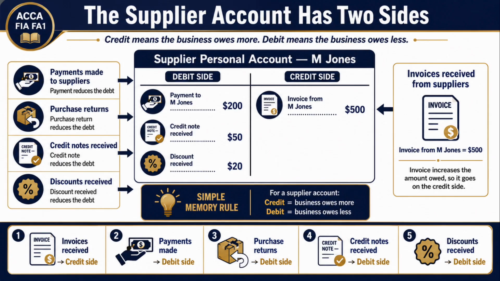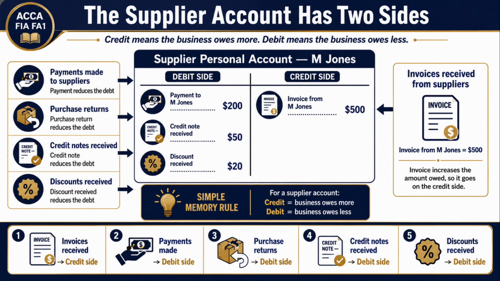Third, discounts received. Sometimes the supplier gives a discount because the business pays quickly. This is called a settlement discount or prompt payment discount. Because the business now pays less than the full invoice amount, the discount reduces the amount owed, so it goes